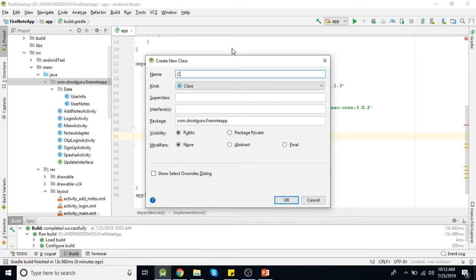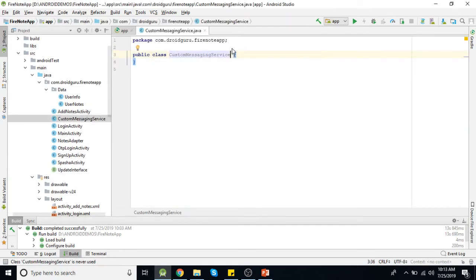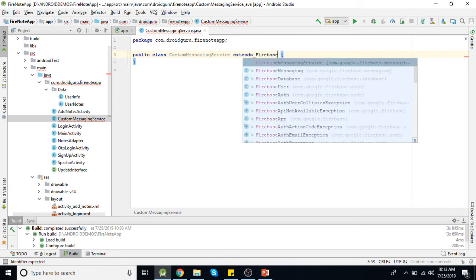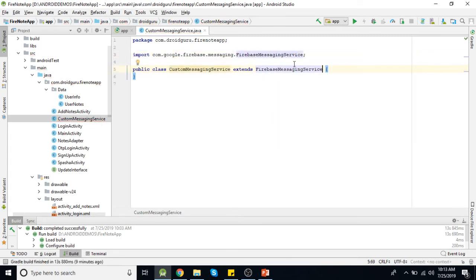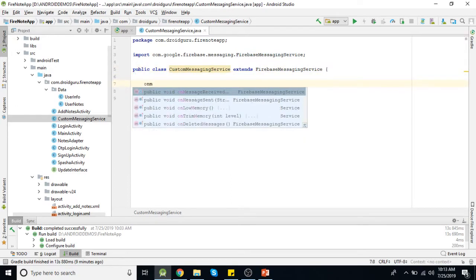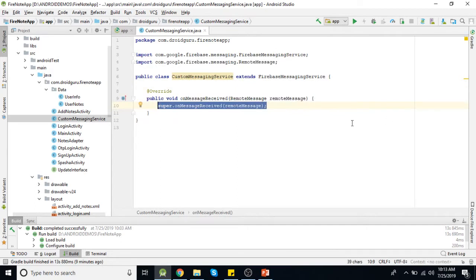I'm creating one simple Java class, say CustomMessagingService, which will extend FirebaseMessagingService. This is the service we need to use as a base or parent class. Here you need to override the method onMessageReceived. This method has a RemoteMessage object, and within this RemoteMessage you will get your notification data.